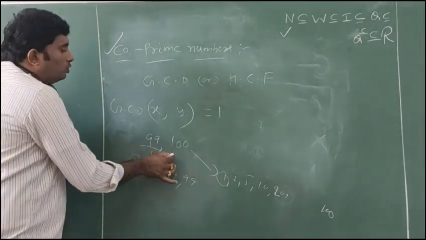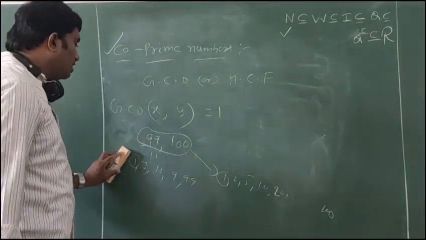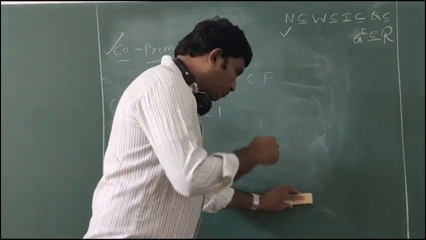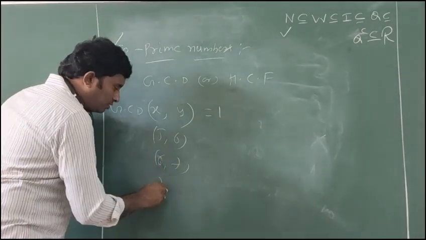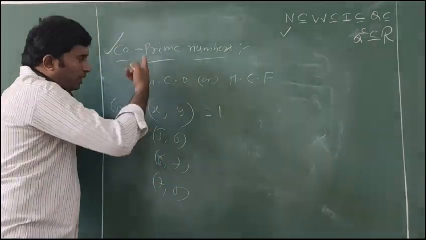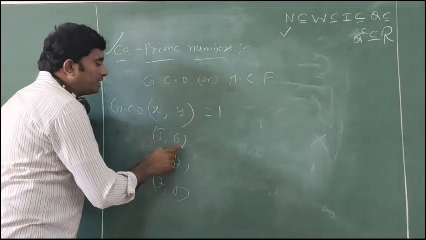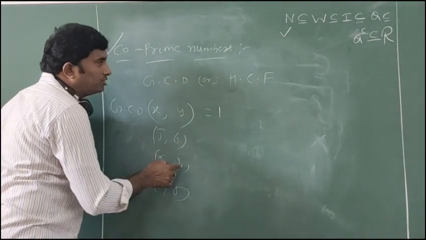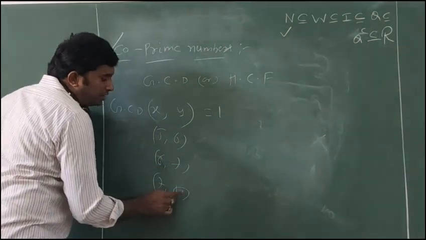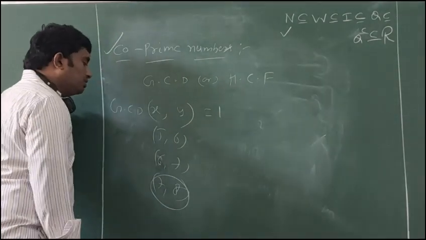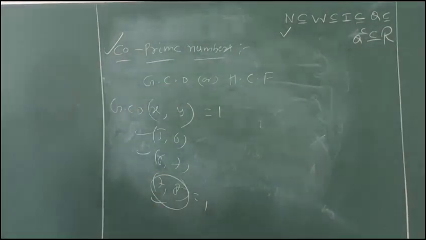So it's very clear. Two continuous natural numbers are co-prime. No problem. For example, 1, 2; 2, 3; 4, 5; 5, 6; 6, 7; 7, 8. These are all co-prime. Continuous two natural numbers are co-prime. Why? Because if one is the prime number, automatically the other one is the composite number. Here 6 is composite, 7 is prime. Here 7 is prime, 8 is composite. No doubt their common divisor or highest common factor is 1. Then these two numbers are called co-prime numbers.